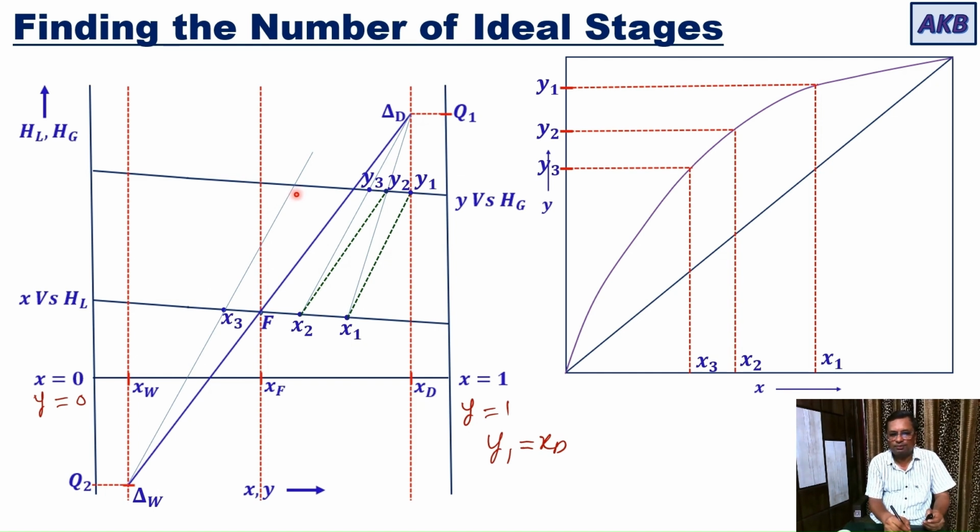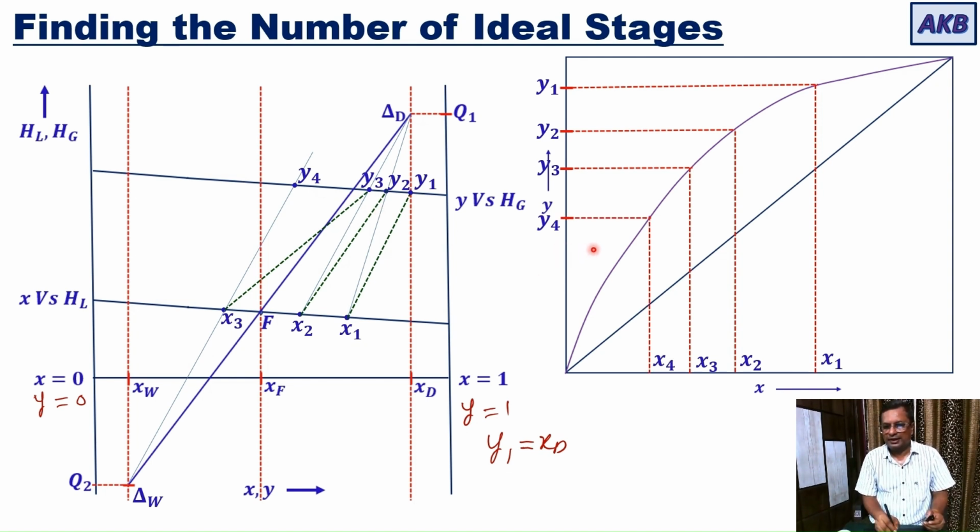and then you will extend it to the upper curve to get this point, because you are going to read, before that, x3 and y3 will be connected by a tie line, and then you are going to read the x coordinate of this point. Let this be y4. Then with y4 we will come back to the distribution diagram, get the corresponding x4. Take that x4 to the enthalpy concentration diagram, locate it,